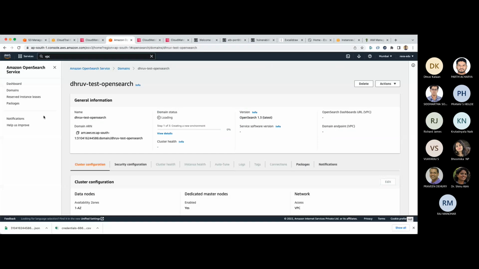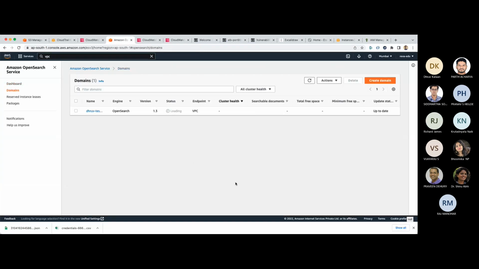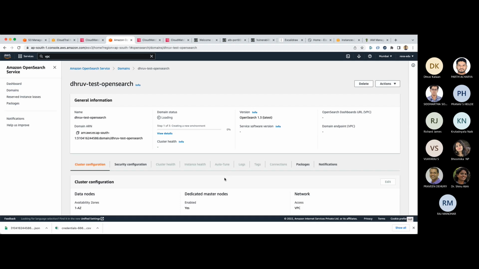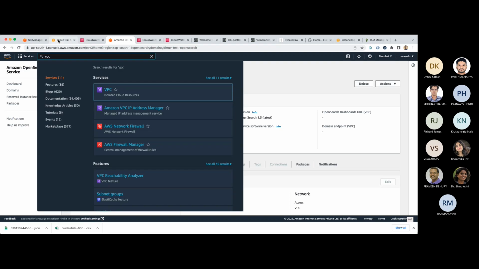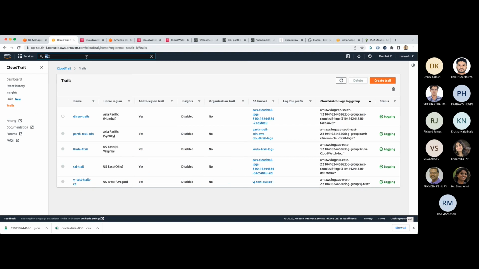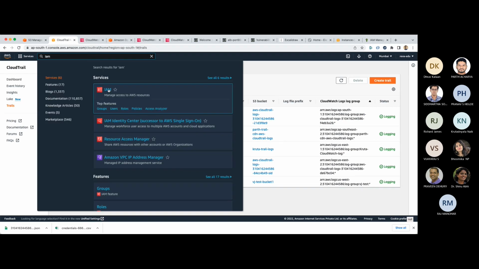Perfect. Okay. So we leave this as is. This is going to take some time to create. And in the meantime, what we will do is we will go and get this working in the Elasticsearch part of what we had configured. Okay, for us to get this working in Elasticsearch, there is just a couple of things that we need to do. So number one, just come to IAM